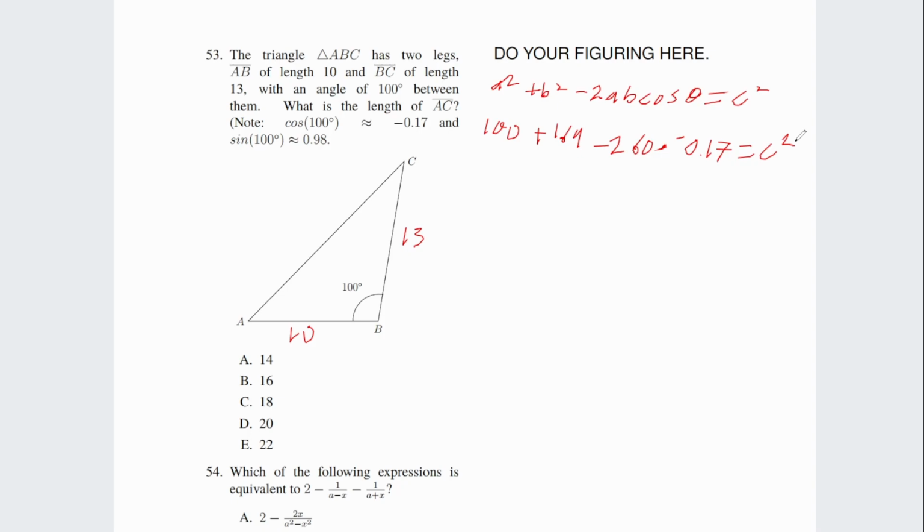So it's calculator time. We have 269 minus this number, 260 times